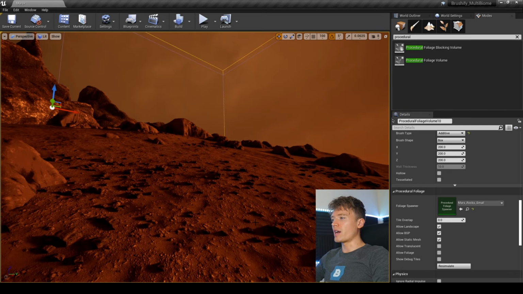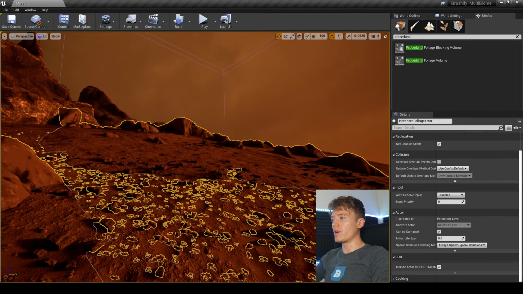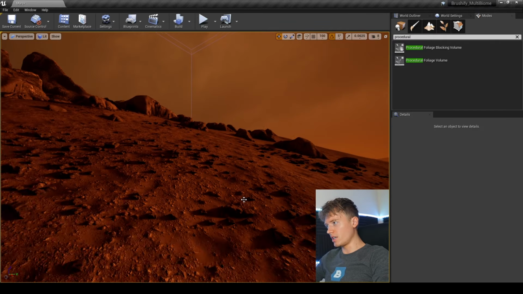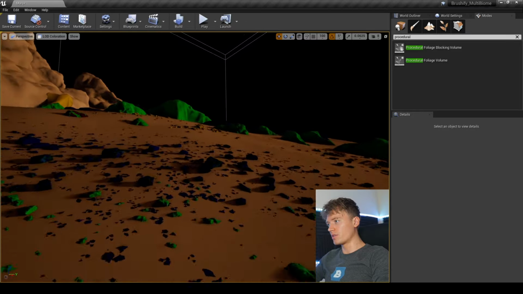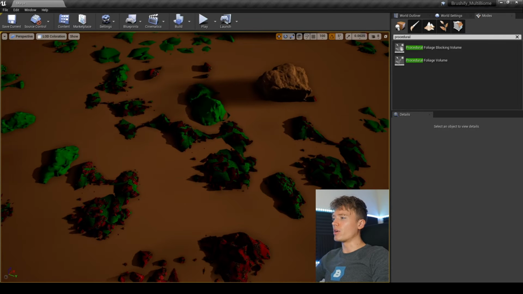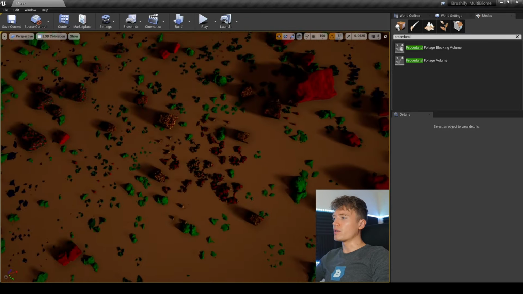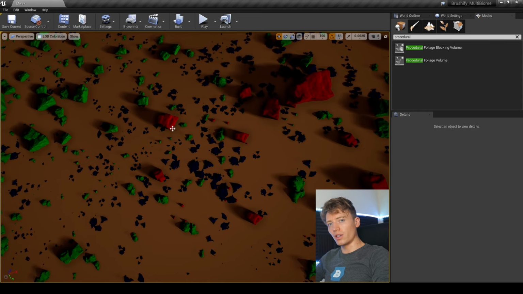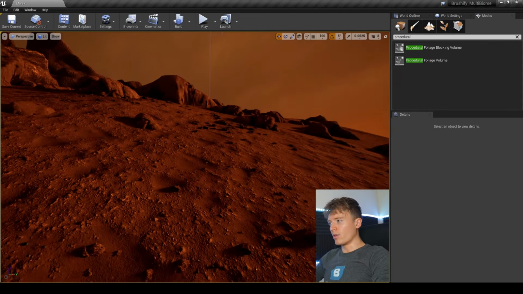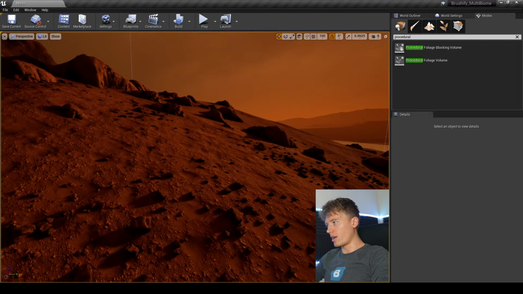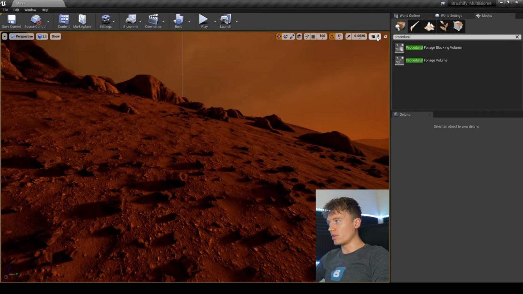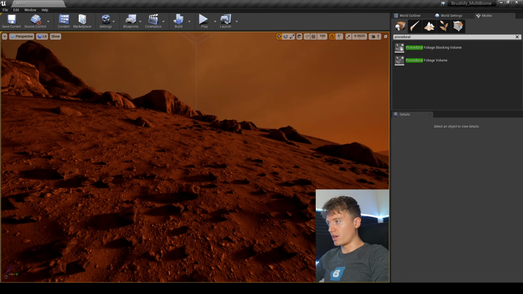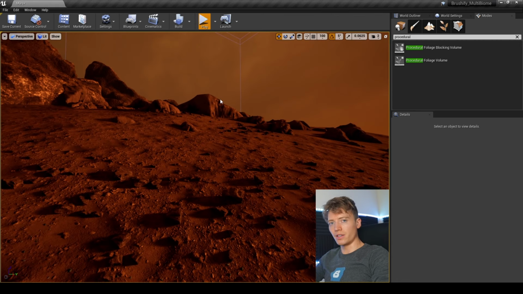And there you can see it's added all these much smaller rocks everywhere. So they're really, really tiny, many rocks. But all of these have got LODs. So if you get close to the rocks, of course, you're going to get really high-res ones. And then as you get further away, those are going to have less detail. But all of these assets are game ready, and they're ready for you to just throw them down, procedurally generate them, and then you're ready to just jump right into the game